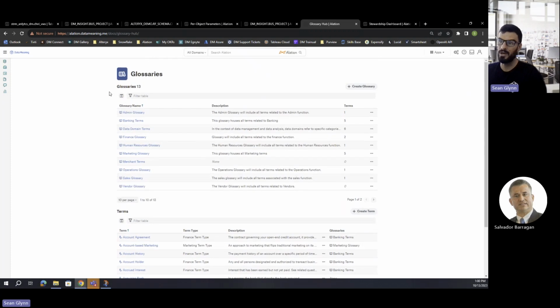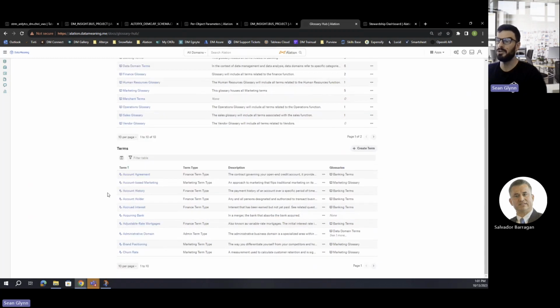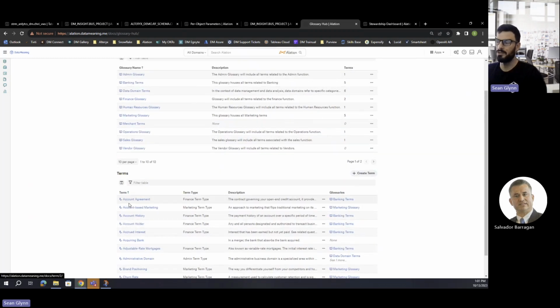So if you were with us during the policy section of the webinar, you'll see this page is laid out the same way, where we have our terms at the bottom, as well as the ability to group those terms by a particular glossary type. So you can see we've broken this out basically by departments, but it's important to start building this out as well and leveraging these terms by embedding them into descriptions, as you're building out those fields for your data objects. But something not to be overlooked because